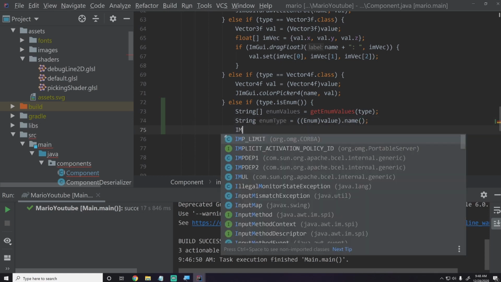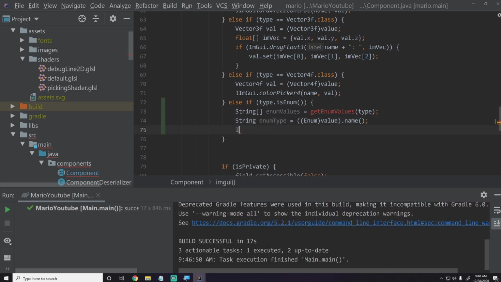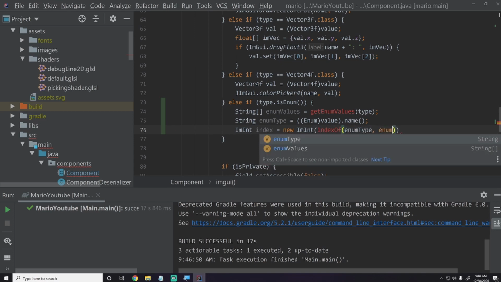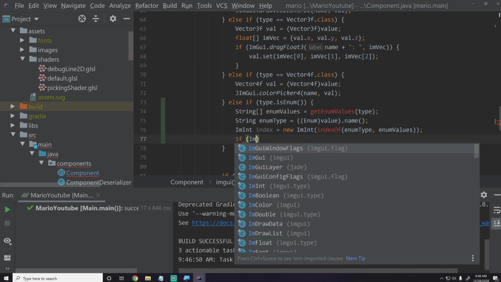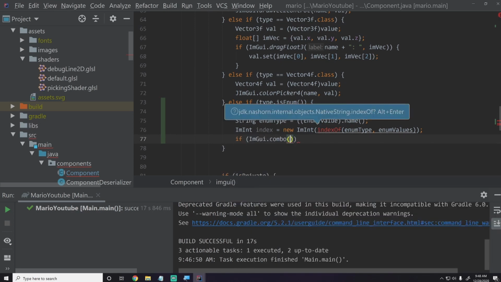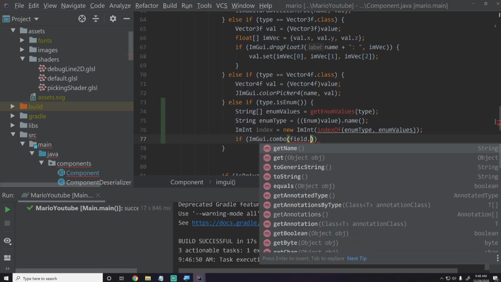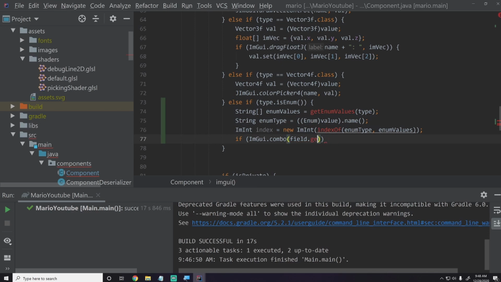And then we'll say ImInt index equals new ImInt, index of, which is another function we will create, enum type, enum values, and this will basically get what the index of this type is, this string within this string array, which will give us all the information we need to then say if ImGui.combo, and we want to use the enum, whatever this field's name is, so field.getName, and then we want to say index,